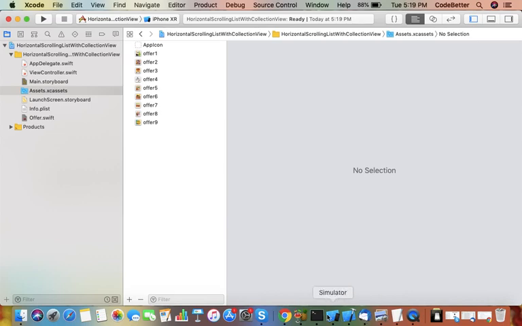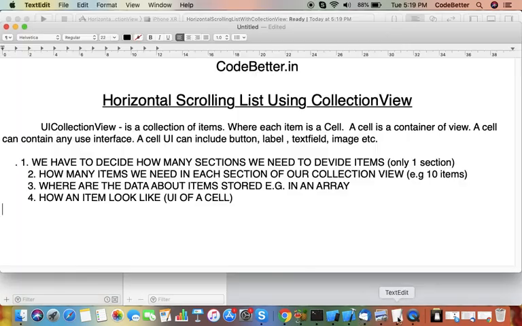Now to display data, we need to display this data as an item. So how many items do we need? For example, we need 10 items.